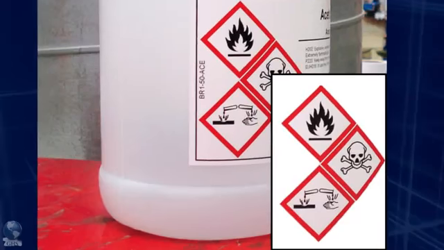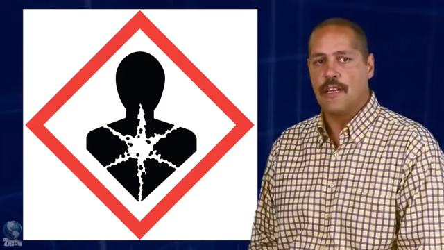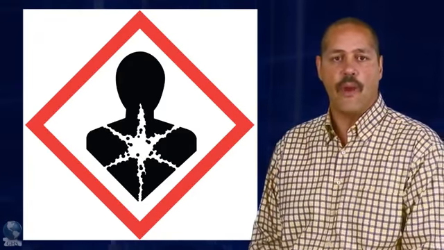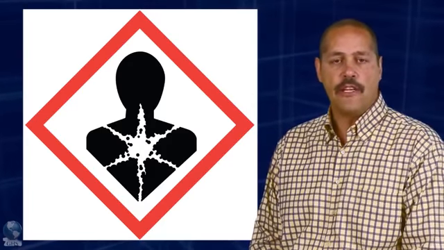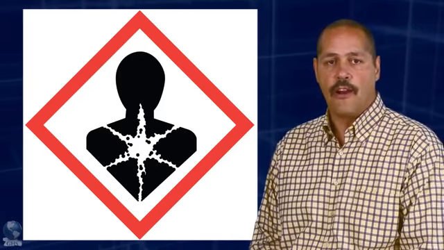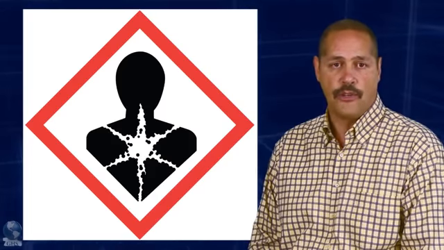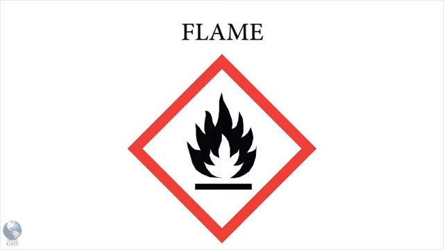The GHS will require pictograms on labels to alert users of the chemical hazards to which they may be exposed. Each pictogram consists of a symbol on a white background framed within a red border and represents a distinct hazard. The pictogram on the label is determined by the chemical hazard classification. There are 8 pictograms required by the new standard and 1 that is optional. The health hazard pictogram is used for chemicals that pose a risk to your health if used improperly. The flame pictogram indicates there is a risk of fire, and you should be especially concerned about ignition sources and